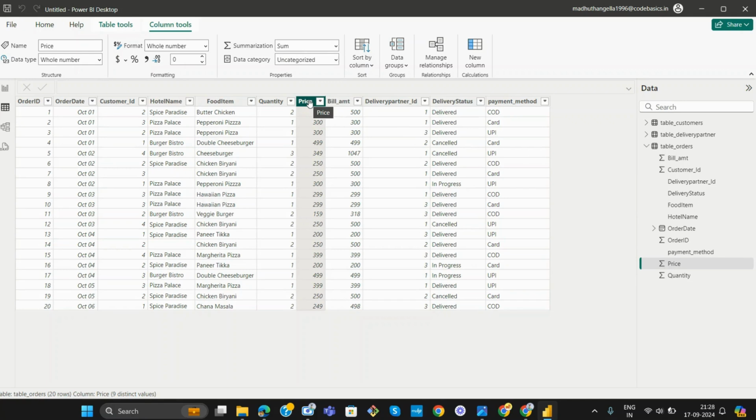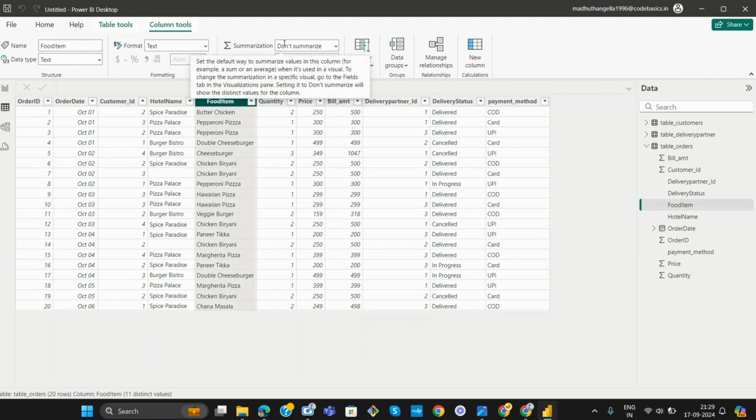And when it comes to the food items, you can observe here that there is no summarization, because these are not numbers. That's one thing you have to keep in mind. And these are the tables we got from the Excel files, as you can see over here.